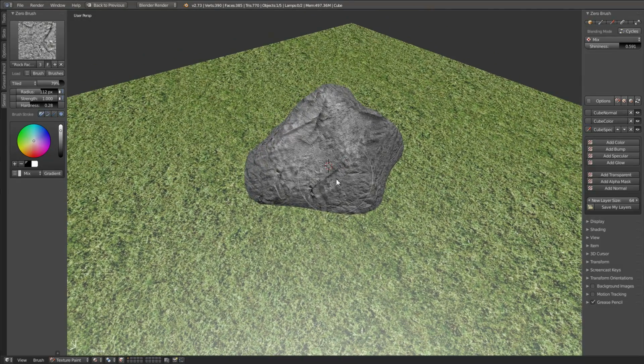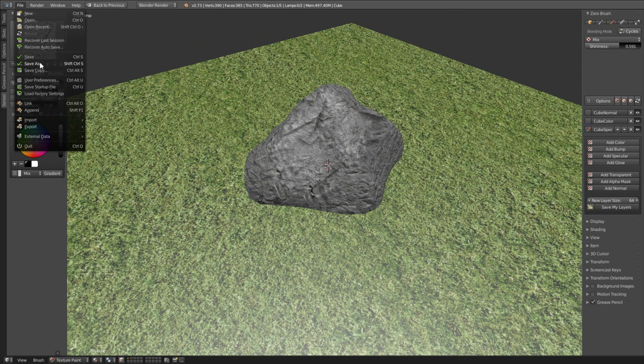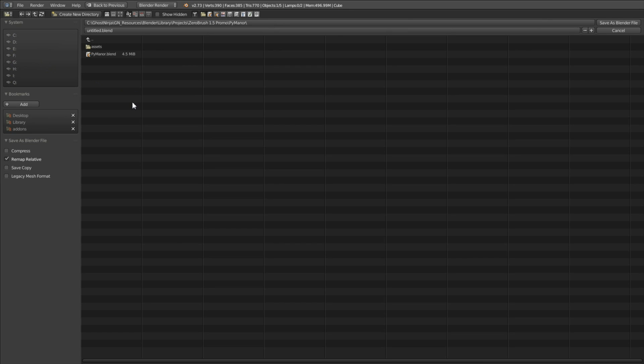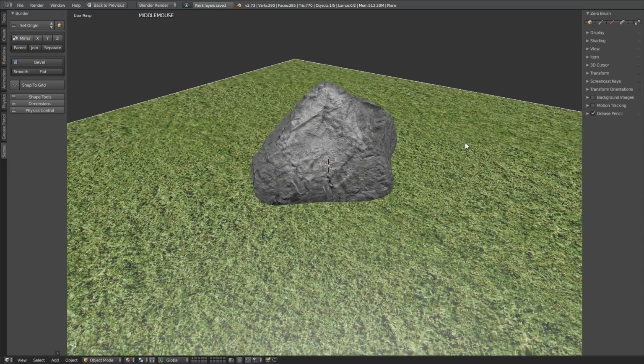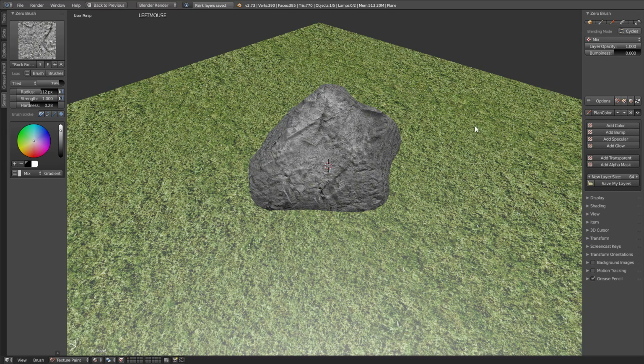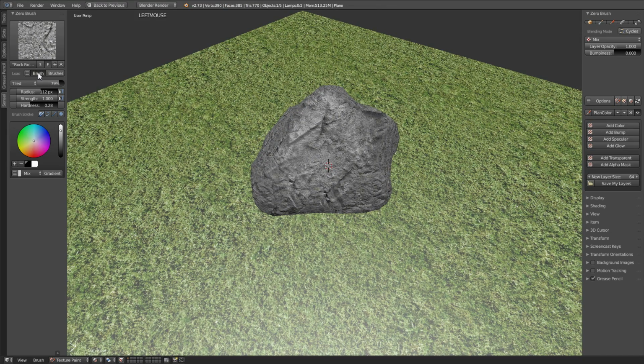Okay, so we're at a point with this that we should probably go ahead and save this. So let's click on File and Save As, and then you would want to save it wherever you keep stuff. I'm just going to save this to the desktop for now, and I'll just call it Simple Scene, I guess, and click Save as Blender File. So now let's click on our Object Mode button and select back on our little grass plane and select our Texture Paint button, and then under Brush,